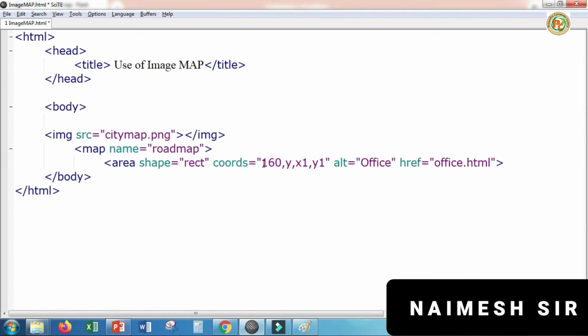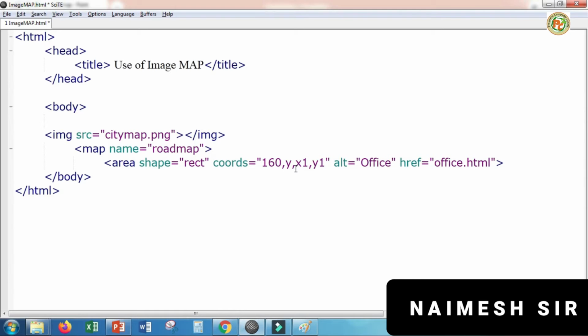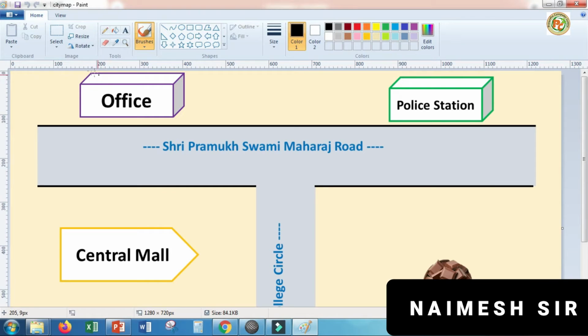Okay, now for the y, this way. This is for the y and this is for the x. Now y begins from 0, so for the y it will be 0. Now x1 means where the x will end. It is starting from here and it is ending here, but ending where? About 400.